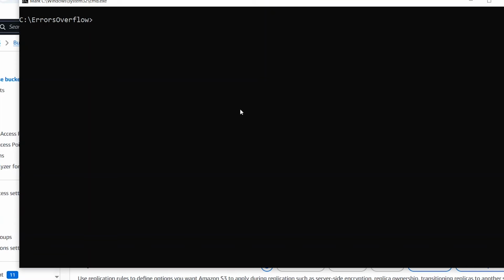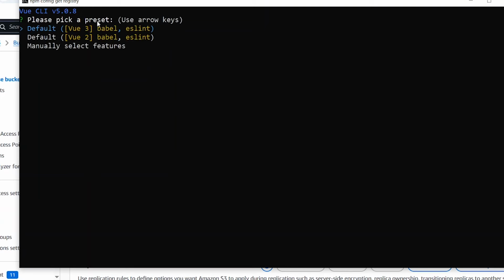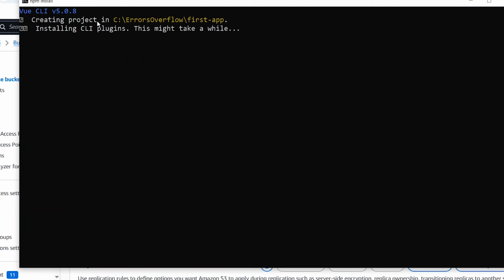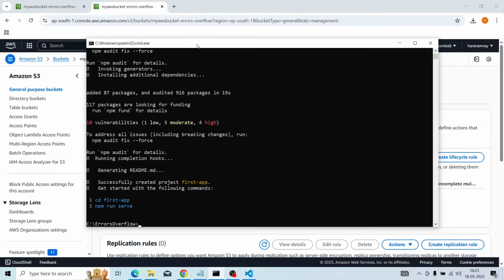First, I will create a Vue app. I'm using Vue 2. Application is created.